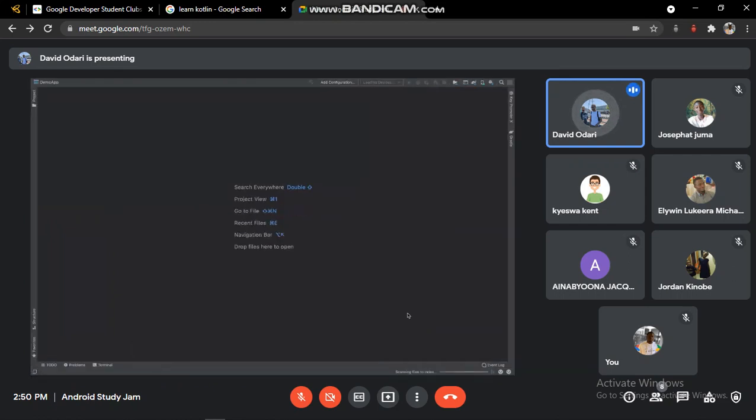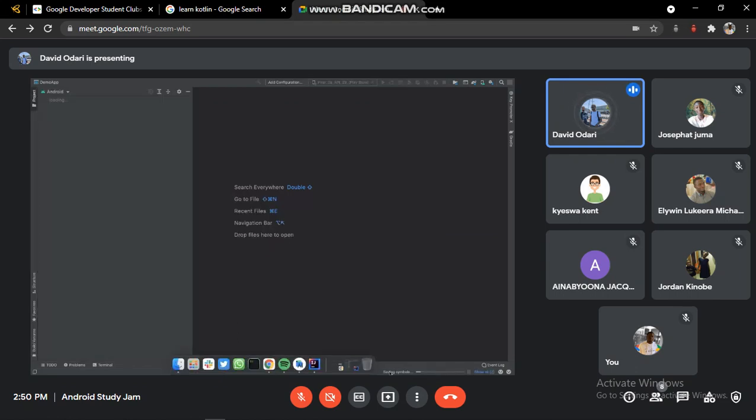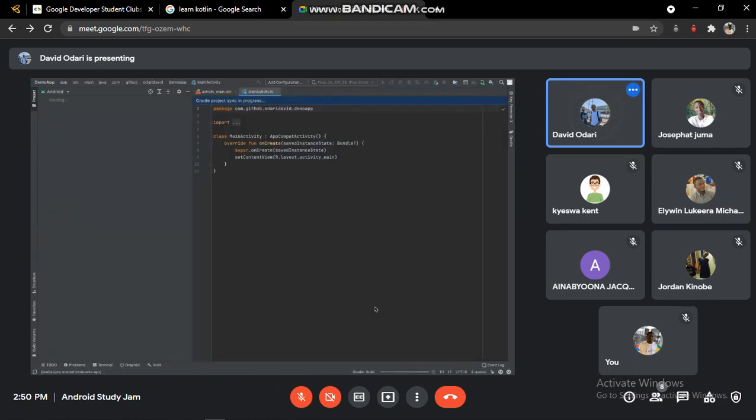You click on finish and all this happens. You're going to see something here: scanning files to index, Gradle build, and so on. And you're going to see this Gradle build. Gradle is something we call a build system. You can think of it as doing all these tasks, and in layman's terms, you can think of it as